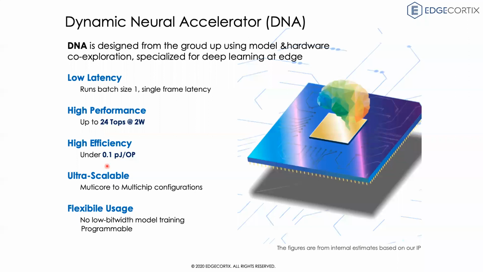Last but not the least, you can also have flexible usage. In this case, you would not do any kind of low bitwidth training. Why that is very important is, as we already discussed, if I change my bit precision, the bit width, you could compress these models very well, but you could also sacrifice accuracy. One way of doing this is while you're training your models, you can train them in low precision. However, let's take the example of a manufacturing process where you have a camera that is trying to identify defects.